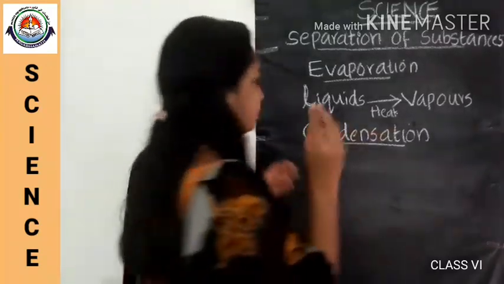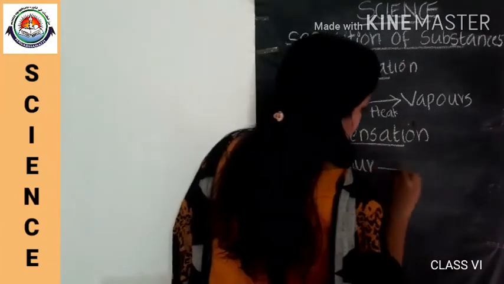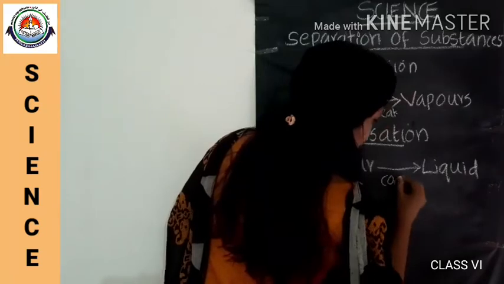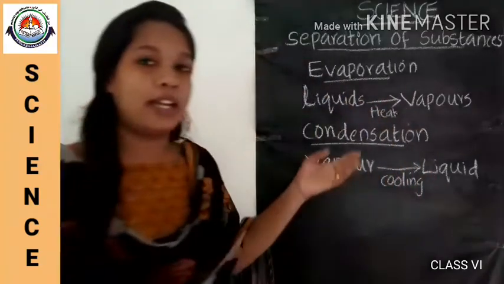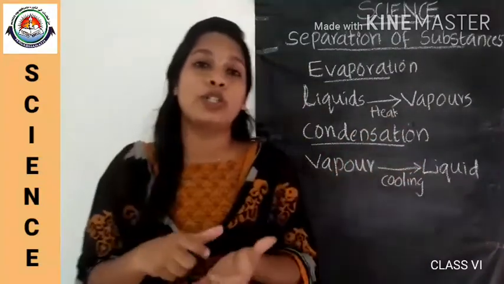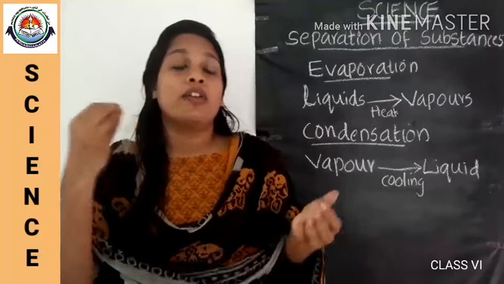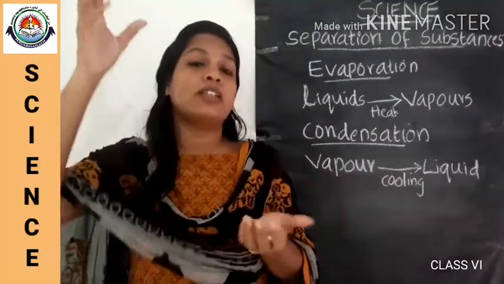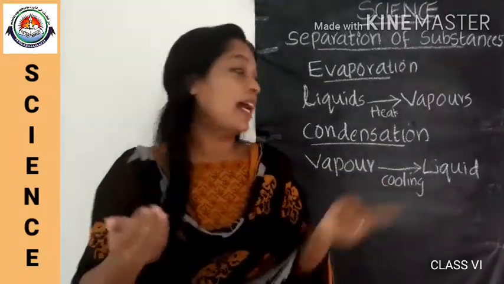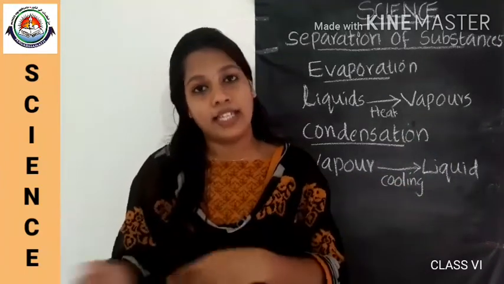That is condensation. Condensation is changing vapor into its liquid form by cooling. Okay, this process is called condensation. So in the case of a salt solution, we can obtain the pure water by vaporizing it, and when the vapors are cooled, we get the pure water. Okay, that process is condensation, and we have to look into that activity in detail.